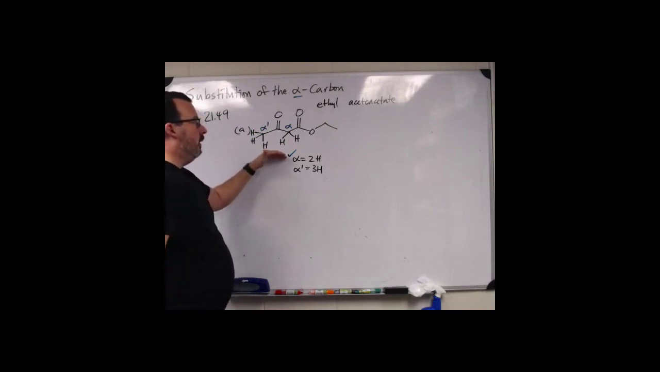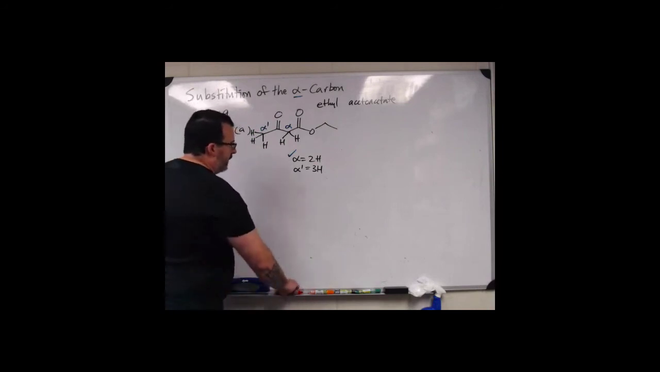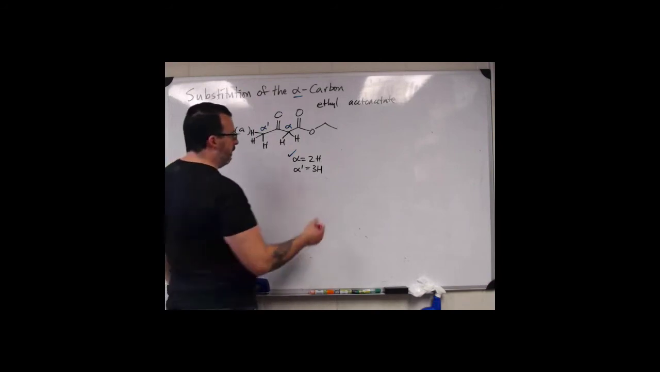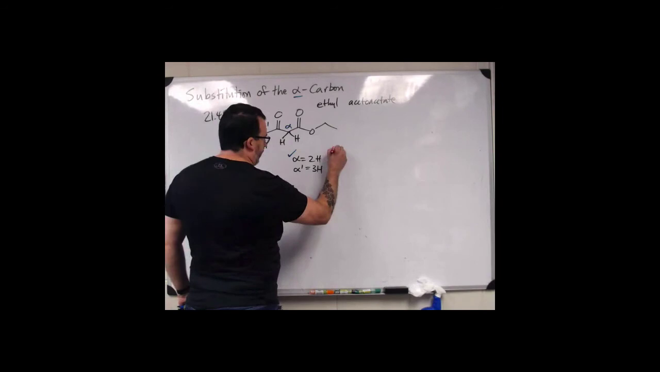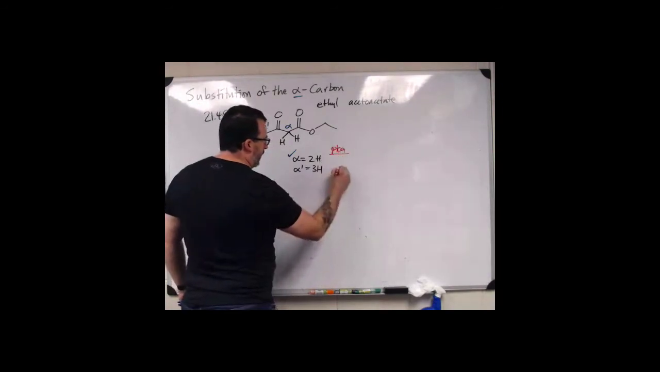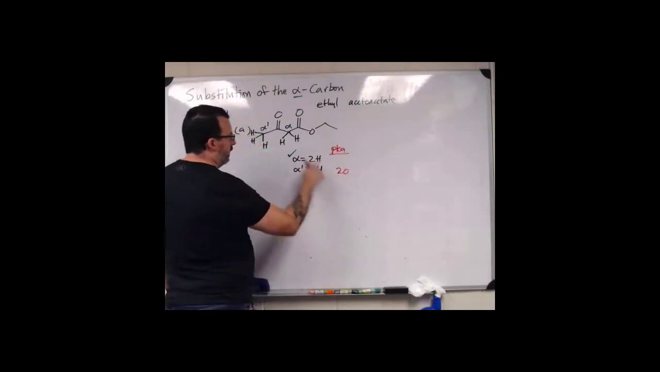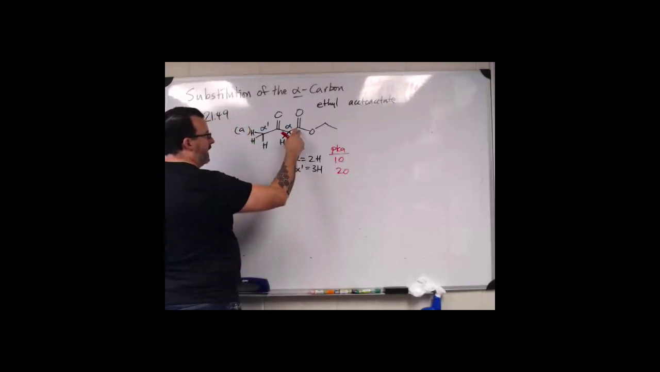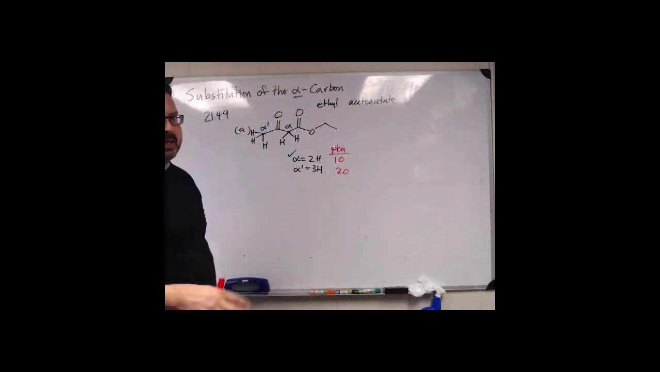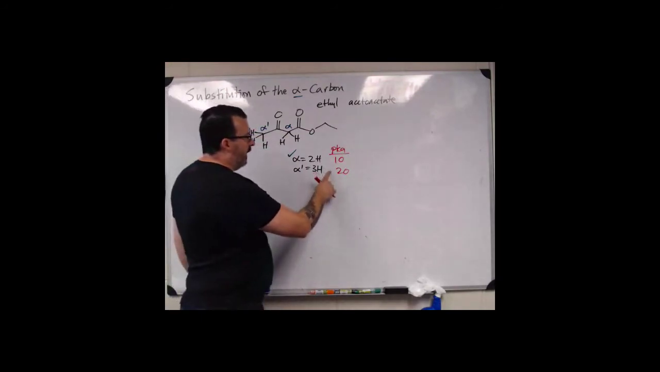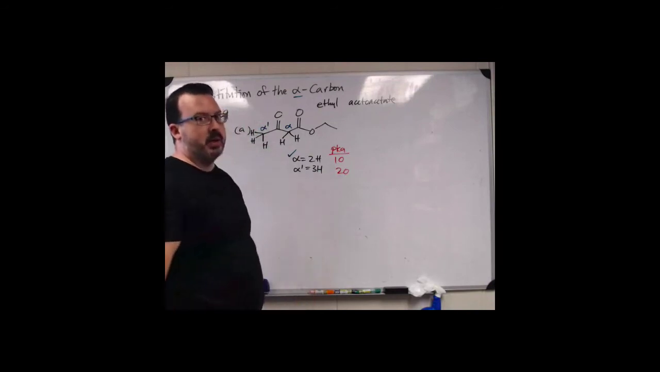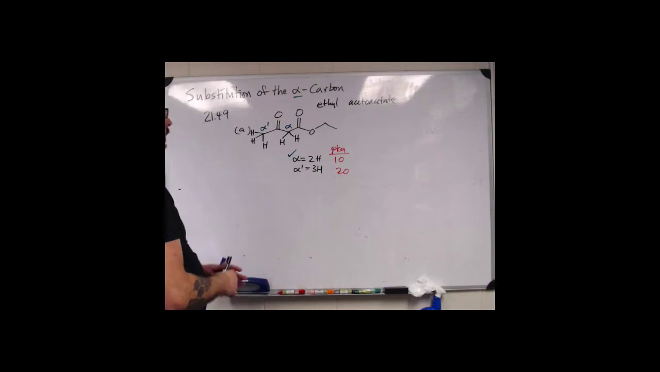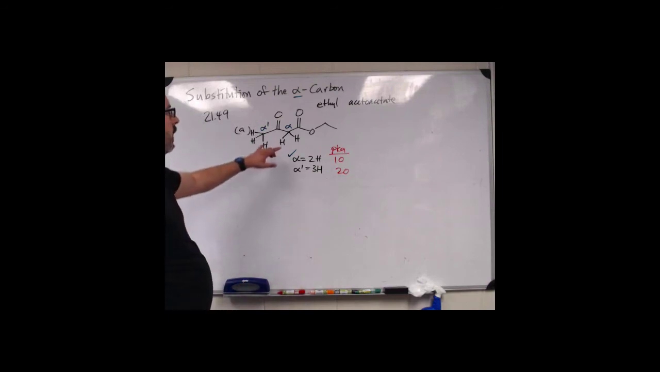So these, we said a typical alpha carbon's pKa is 20 to 25. So if these were 20, these are going to be about 10. So by adding this extra carbonyl, it essentially makes it, on this scale, 10 to the 10 times more acidic due to that double stabilization. So another